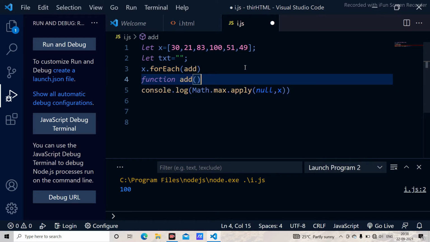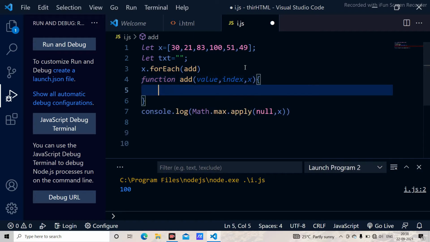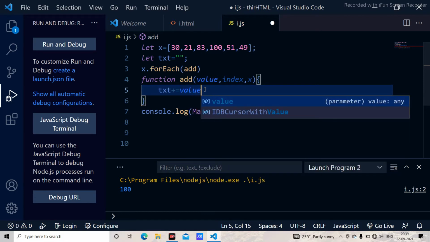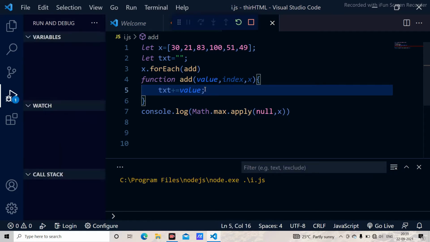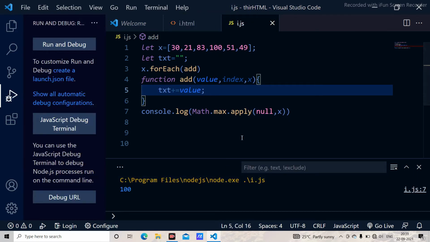Here we have to use value, next the index, and next that array x. Next I am using text plus equal to value. When I run the program, it has to give us the value. Let's see.